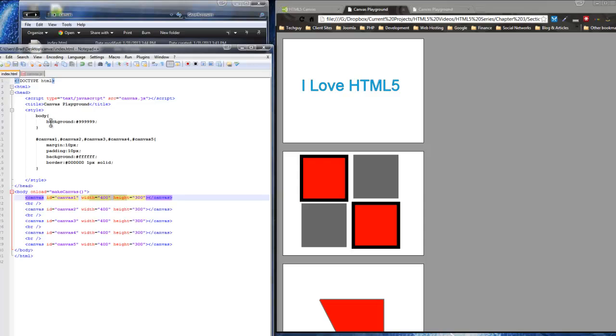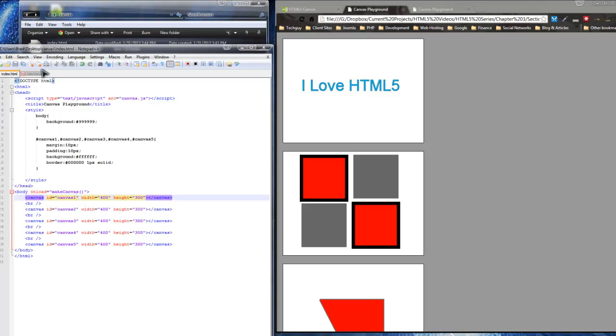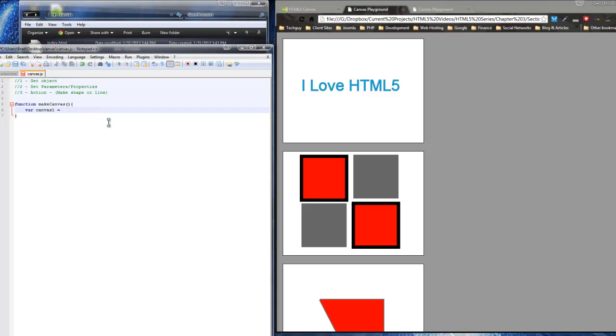So we'll go to the index HTML, and you'll see we can grab this by the ID, because the IDs are all different. So we want the canvas 1 ID. So the JavaScript function we use to get that, well, first of all, we're going to put it in a variable, and we're going to put it in the variable of canvas 1. So we're going to assign that canvas 1 to this variable canvas 1, and we want to do that by document dot